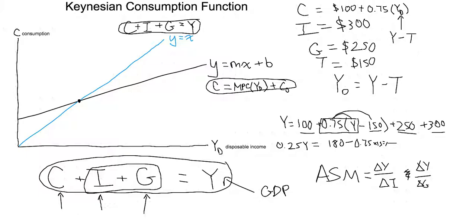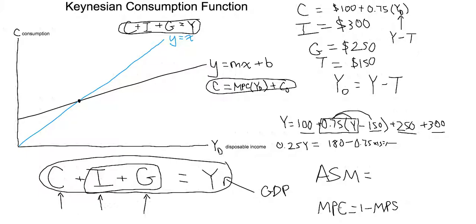And another way to express this is by using the marginal propensity to save. So marginal propensity to consume is equal to 1 minus marginal propensity to save,